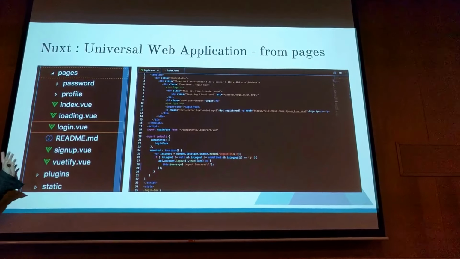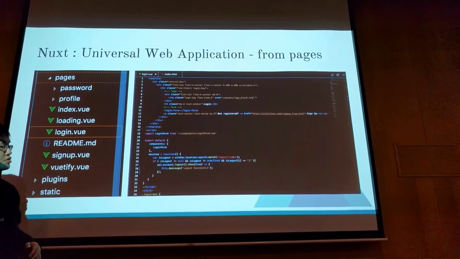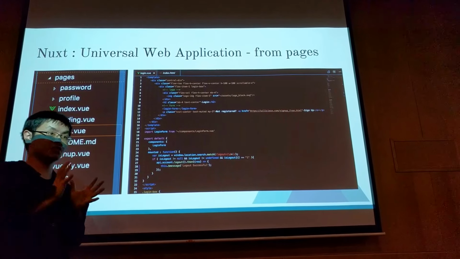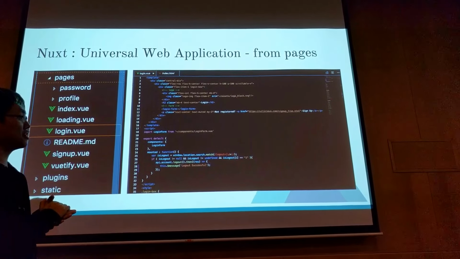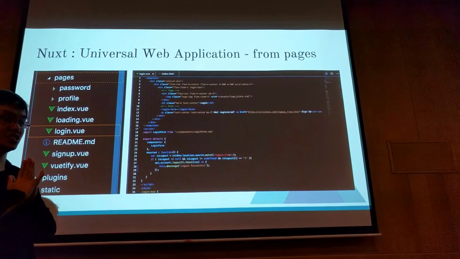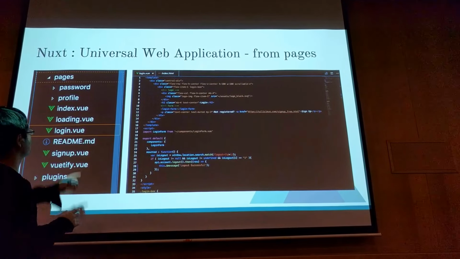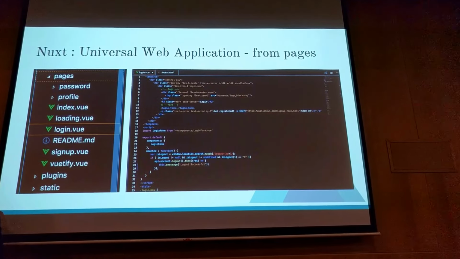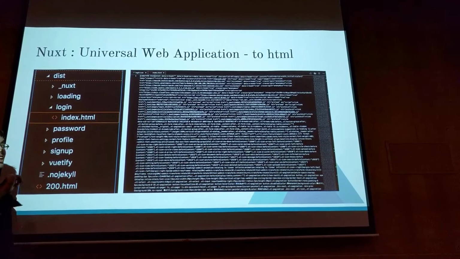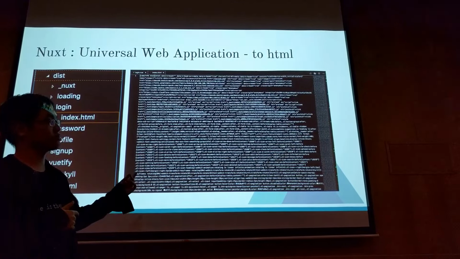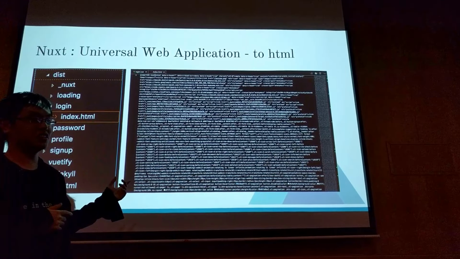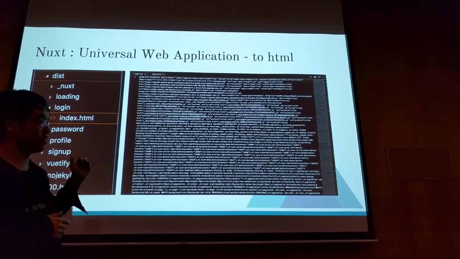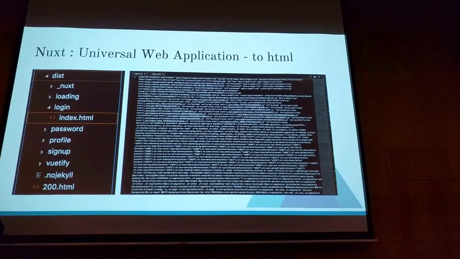So this is literally an example of production code, though I wish it could be better. What happens for NUXT is that anything inside the pages folder, where you put the view components, automatically gets generated as pages. In this case, for example, inside the pages folder, I have a login.view, and this is some code for it as the component. When you do the export into the distribution folder, it can get into quite scary minified HTML. This effectively is a SPA on its own, but that's what it does for every single page. From then onwards, one of the good things is that